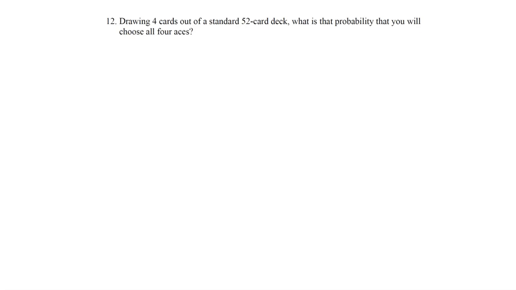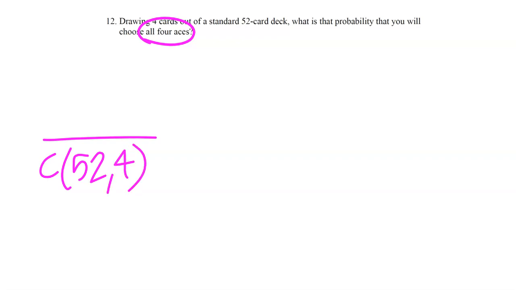Number 12, drawing 4 cards out of a standard deck, what is the probability that you will choose all 4 aces? This is similar to, I think, question 9 in your homework assignment. Drawing 4 cards out of a standard 52 card deck, the denominator is 52-4, the combination of 52-4. Of the 52 cards in your deck of cards, how many ways can you just select any 4 of them? The probability you choose all 4 aces, in a deck of cards, there only are 4